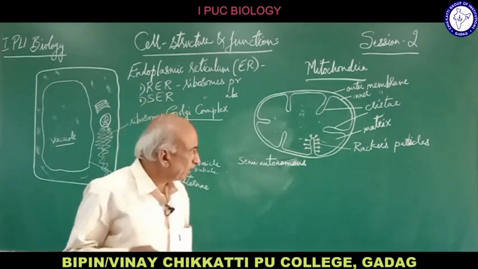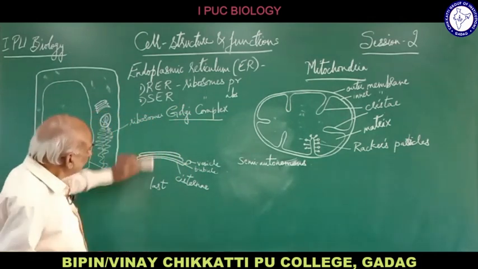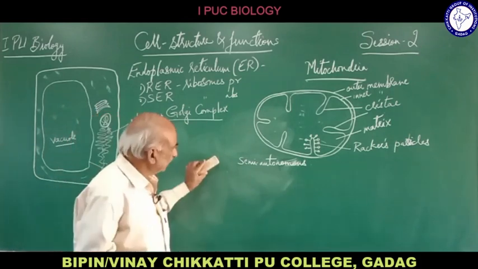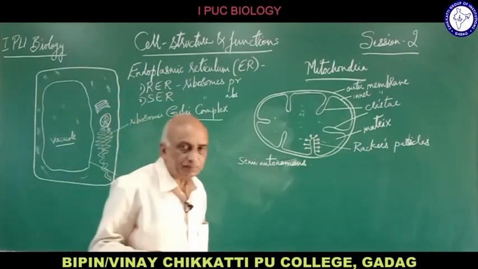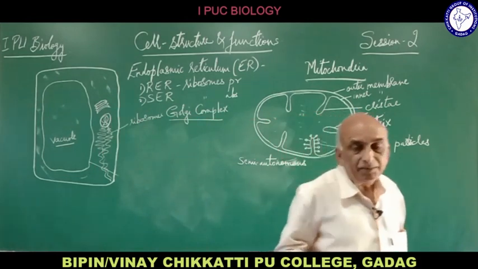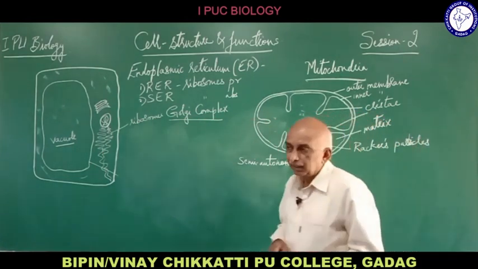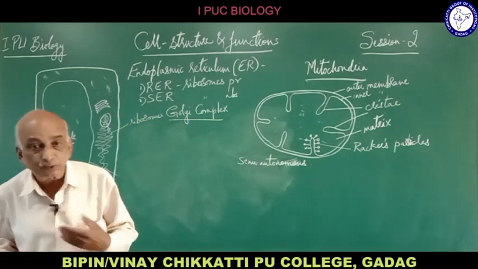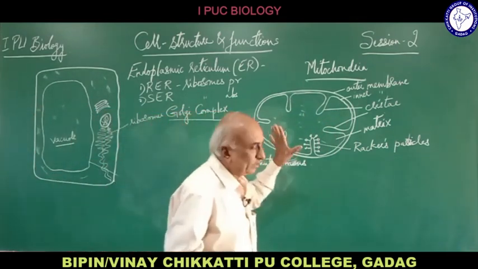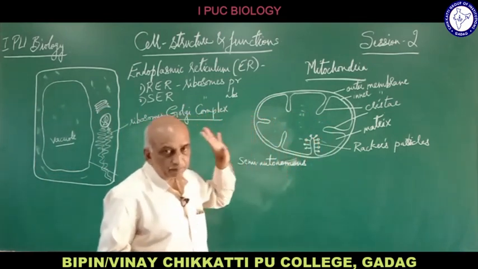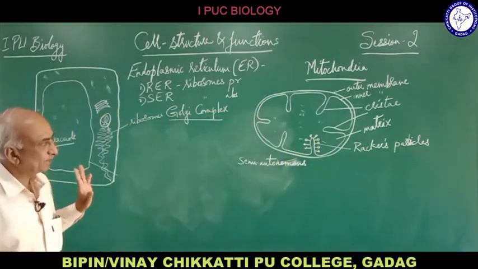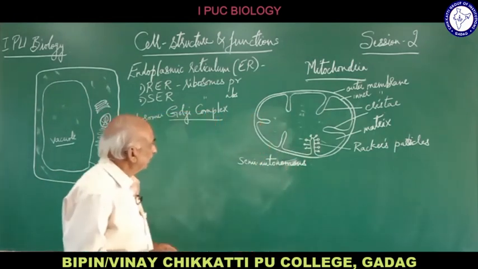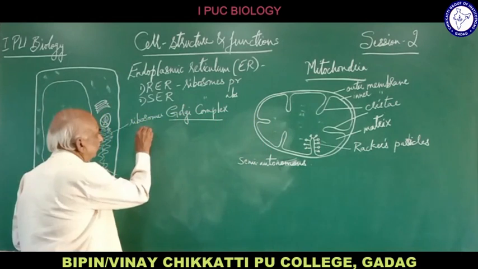That is about the structure of the mitochondria. Mitochondria are called the powerhouses of the cell. They conduct cellular respiration, which is the only important function of mitochondria. During cellular respiration, energy is produced and stored in the form of ATP, hence they are called the powerhouses of the cell. They provide energy to any part of the cell wherever it is required. That is about mitochondria. Then if you come to the plastids,